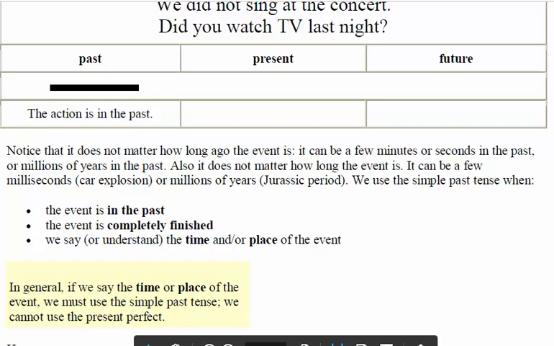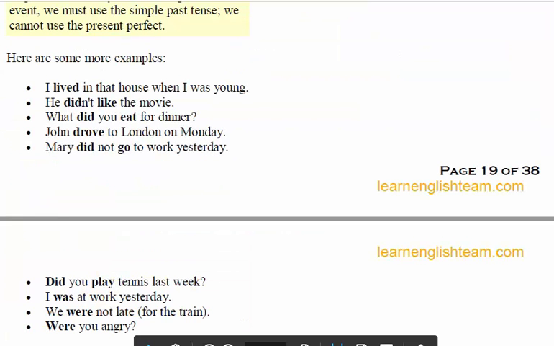In general, if we say the time or place of the event, we must use the simple past tense. We cannot use the present perfect tense. So this is the difference between the present perfect and the simple past: whenever there is a time or place of the event, we use the past tense, not the present perfect. Keep in mind. For example, I lived in that house